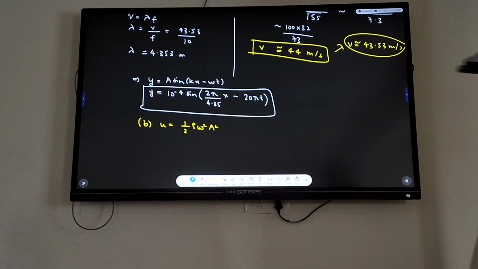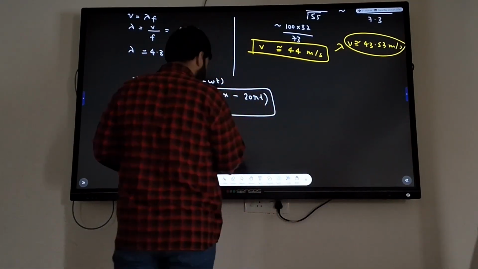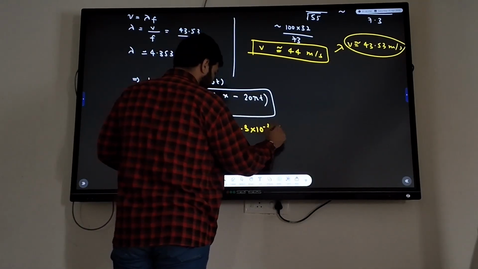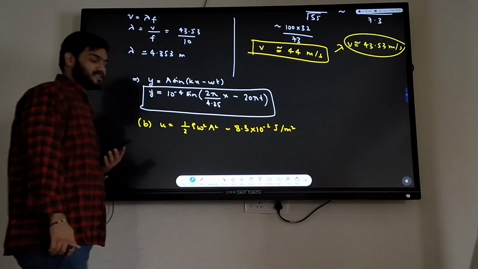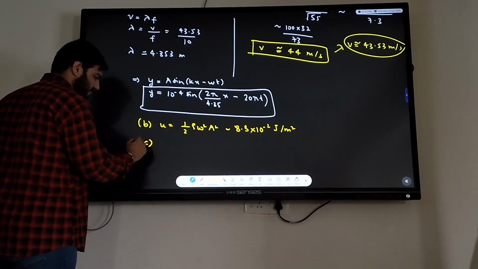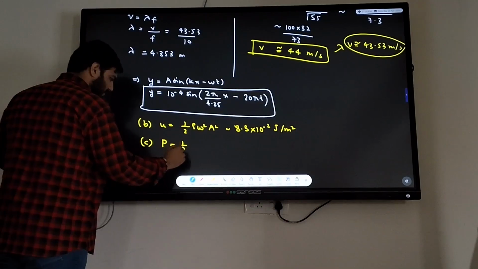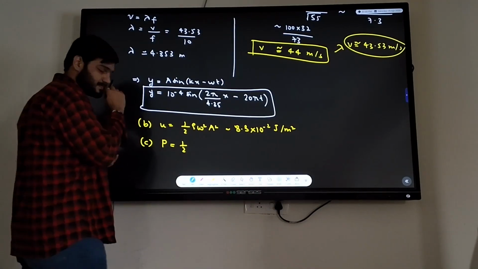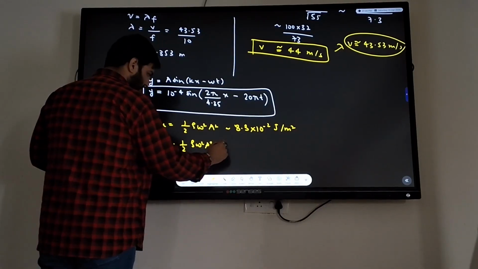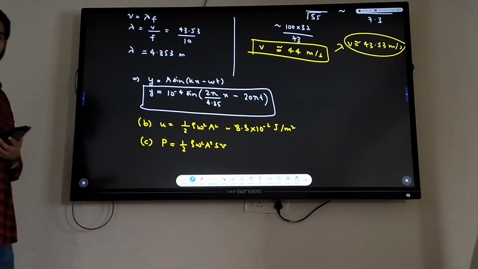So what is this? This is 8.3 into 10 to the power minus 2 joules per meter square. What about the power, anybody got the power? क्या था इसका फॉर्मूला? हाफ रो ओमेगा स्क्वायर ए स्क्वायर एस बी। क्या करते जाओ, मल्टीप्लाई करते जाओ।